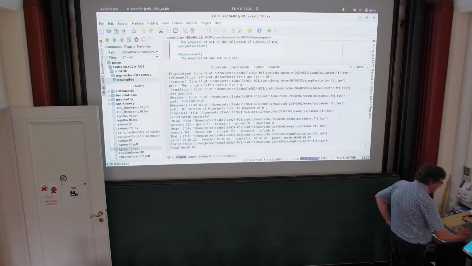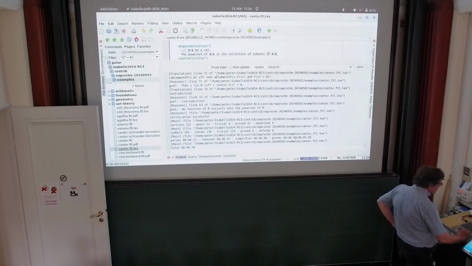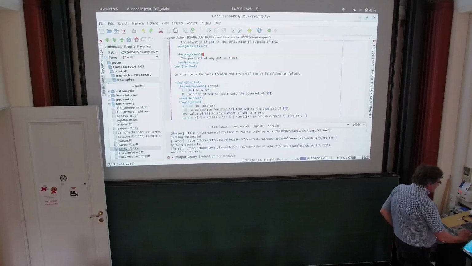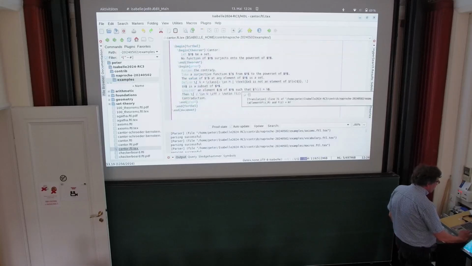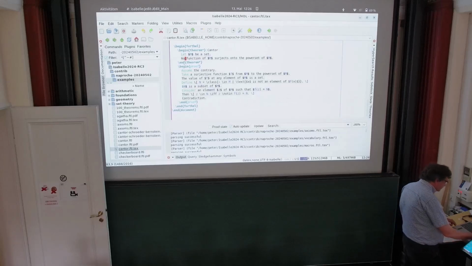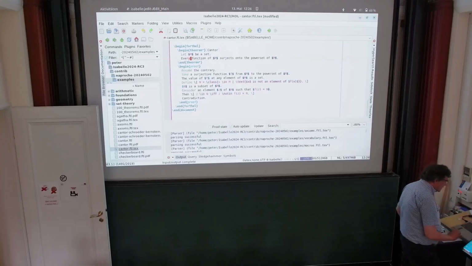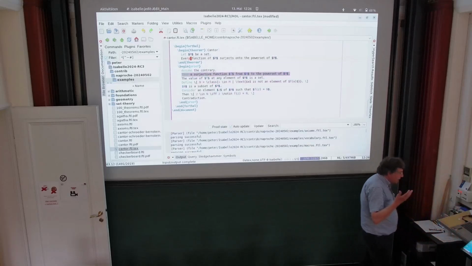I mean, sometimes in demos one wants to show that things are alive or so. So we could, for example, make some errors here and write something like every function. And again, things start automatically.